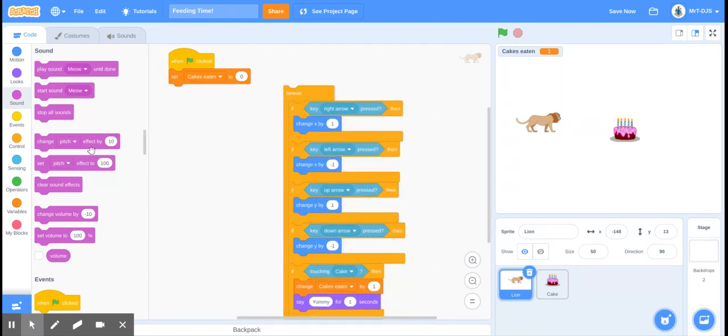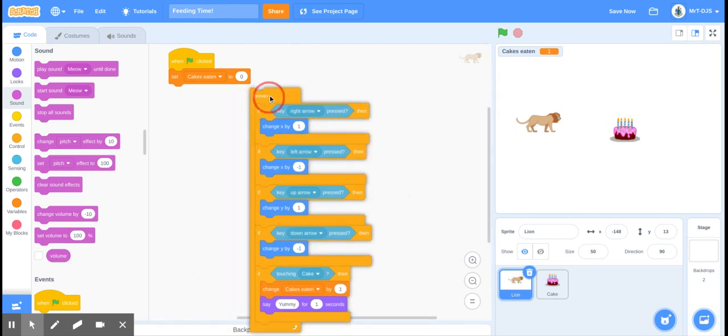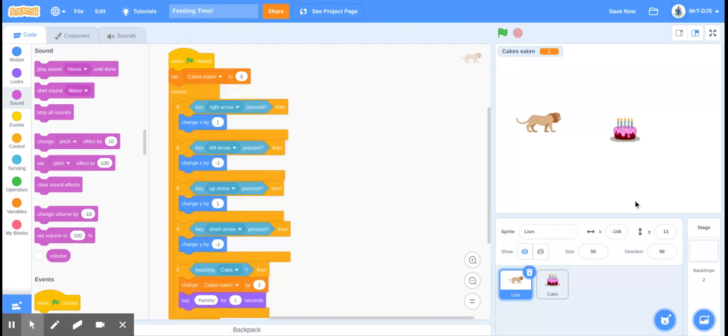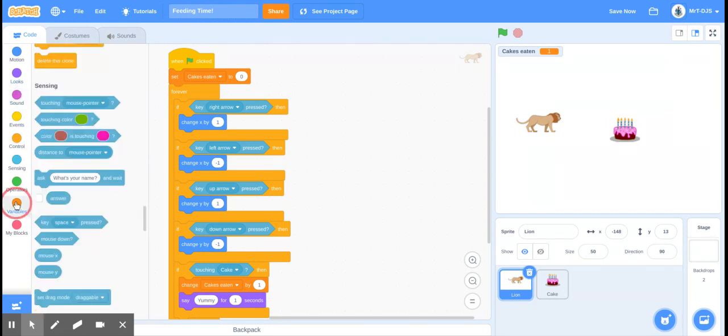Using the sound effects, you could even make the pitch of the music change each time the cake gets eaten. All you'd have to do for that one is put that in the if touching cake loop. Finally, as another option, one thing you could do is look at the variables, and you could